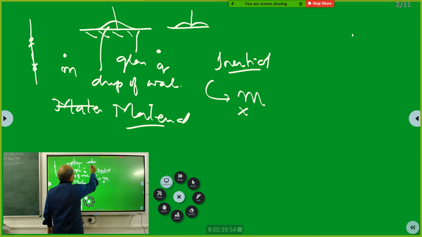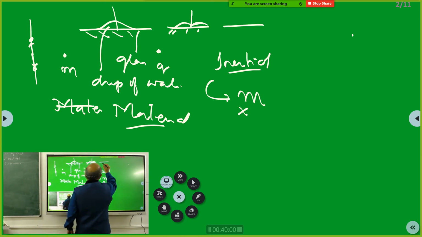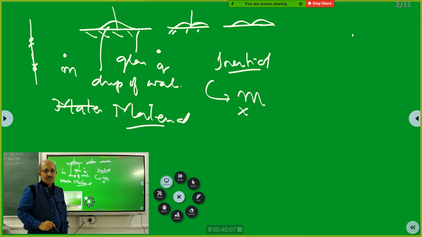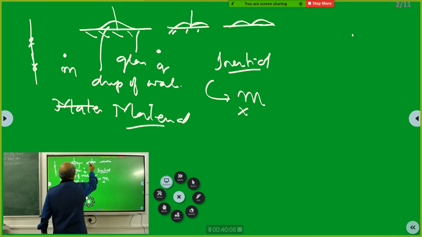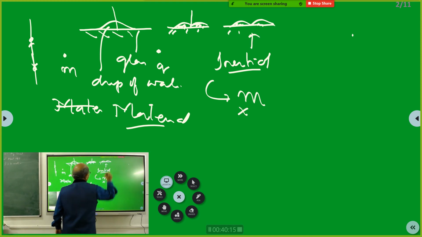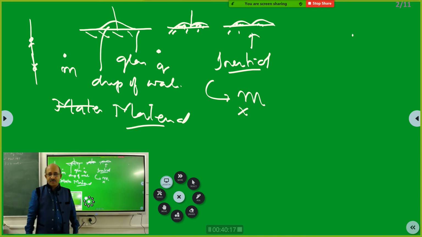So try to separate these two. I mean, one drop you make into two drops. So now you will see one drop and another drop. Correct? See, I am showing the drop of water like this. The drop of water will be like this. So when you do like this and leave your hand, what will happen?